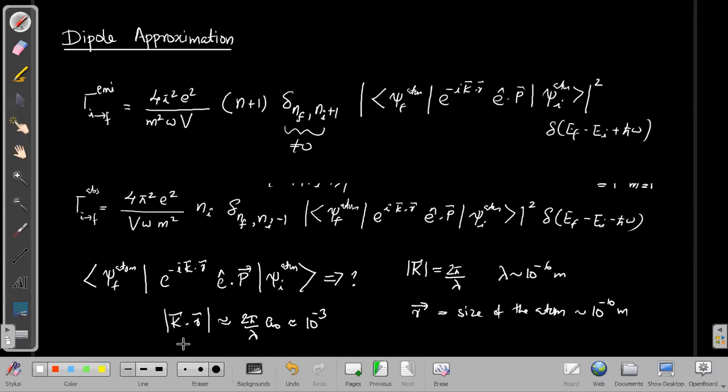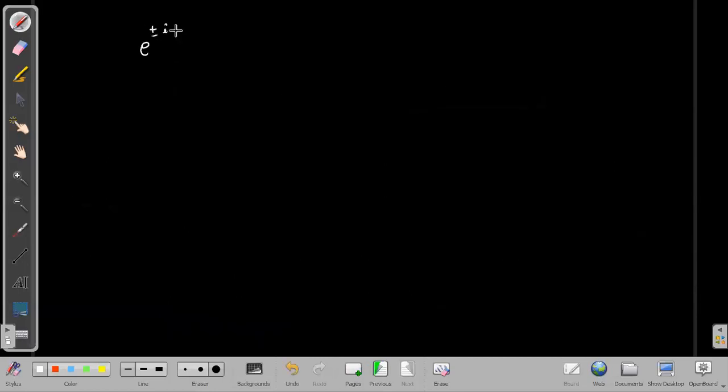So that means this k dot r value would be very small in case of an atom field interaction, if your interacting electromagnetic wave is in the visible or UV region. If k dot r is in the order of 10 raised to minus 3, then what would be the value of e raised to plus or minus i k dot r? You can recall any exponential function e raised to plus or minus i k dot r can be expanded as 1 plus i k dot r by 1 factorial plus i k dot r square by 2 factorial plus so on. So the first term is 1, and the second term is in the order of 10 raised to minus 3, and 10 raised to minus 3 is very small